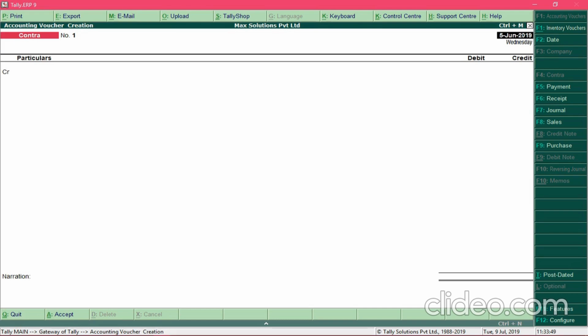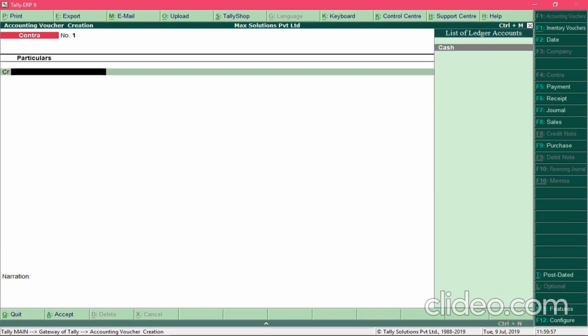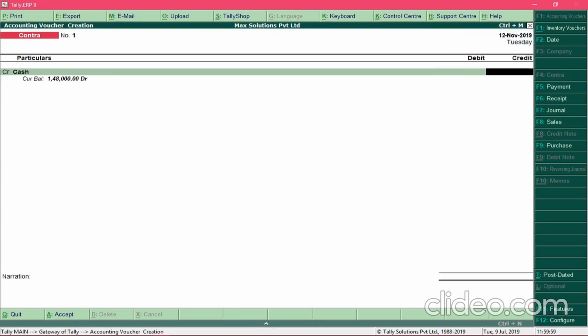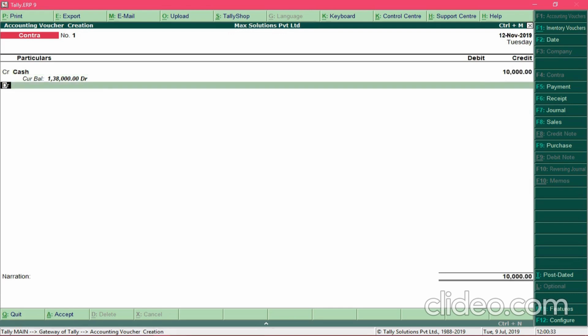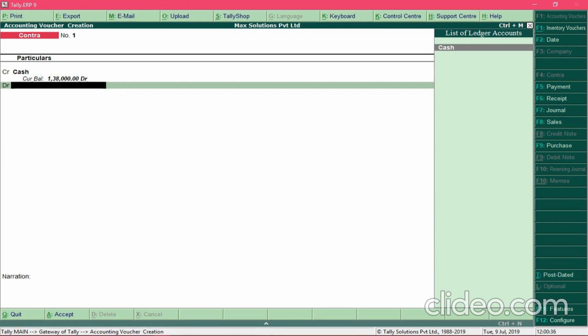To record this entry, we will first set the transaction date, which is 12th of November, and credit the cash account by rupees 10,000. Now press the enter key and debit the bank account.